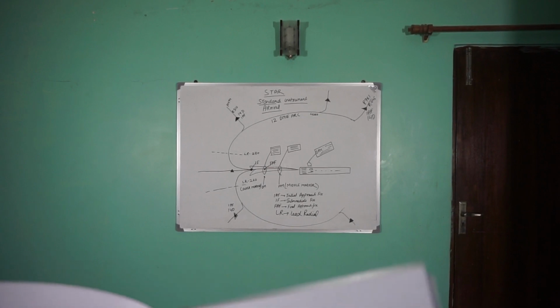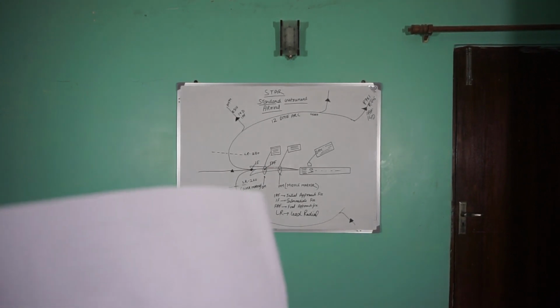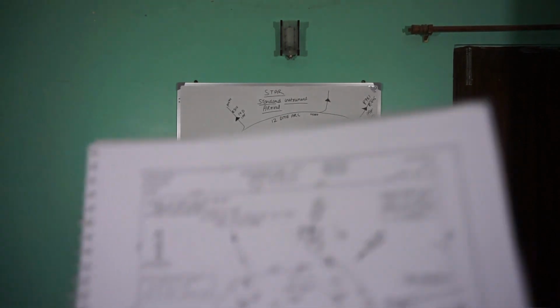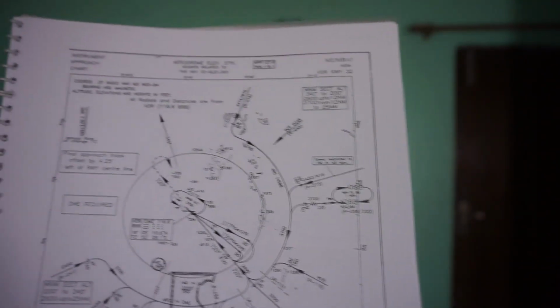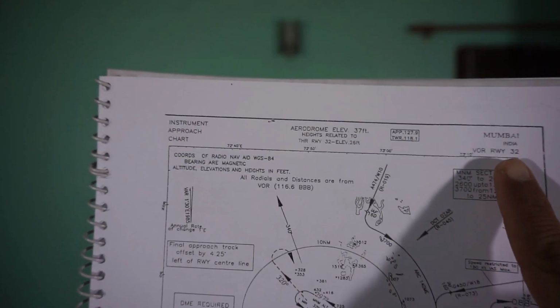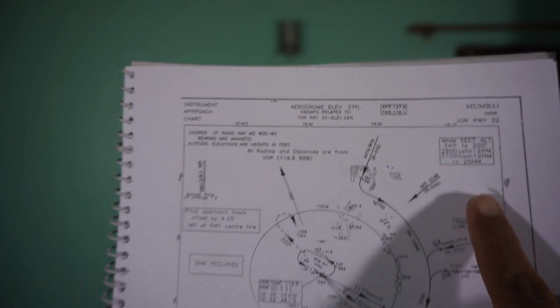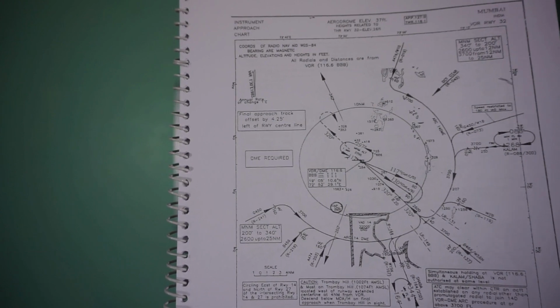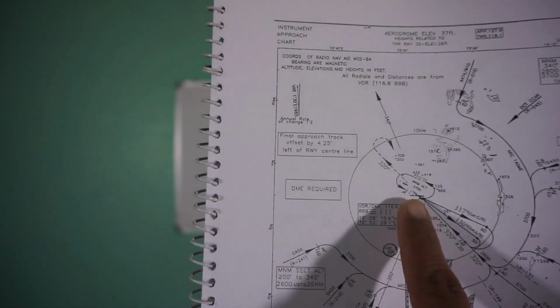So you can see here it is not equipped with markers. So this is a normal chart, meaning it is a VOR runway. You can see here it is VOR runway 32 Mumbai. You can see here this is the runway. Here it is the runway. This is the approach